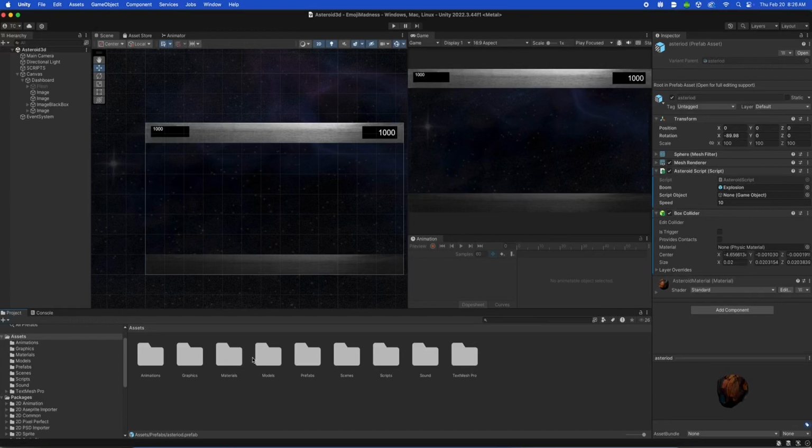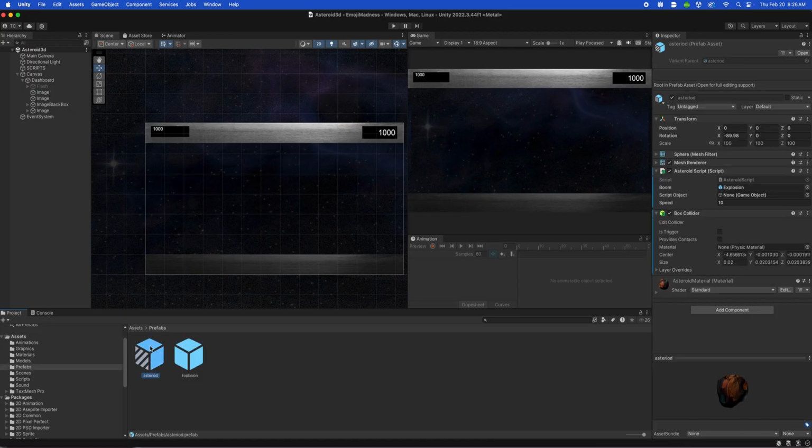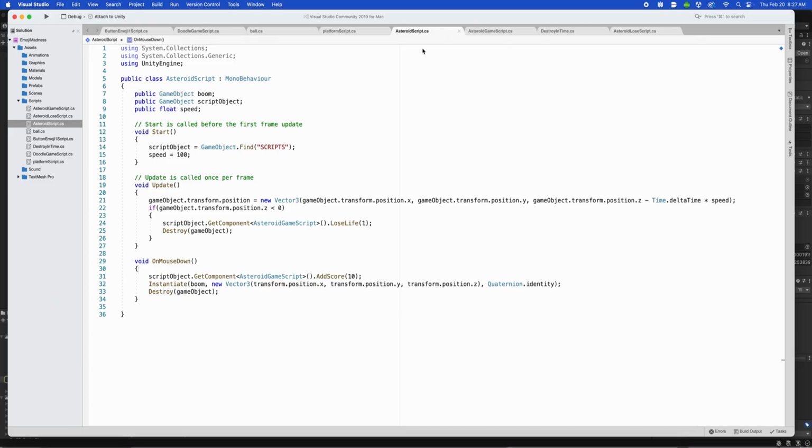We are going to add a couple different asteroids. So we'll go into the prefabs folder and just take a look at this asteroid here. So far we have a speed variable on this thing, and we're going to add a damage and a score setting here. So what we'll do is open up this asteroid script, and you